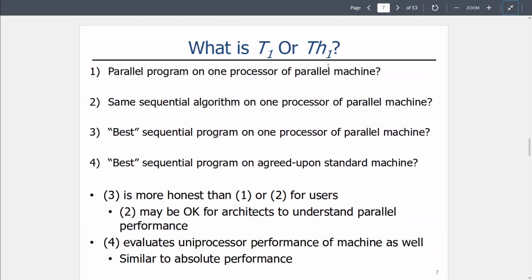So what is our baseline? This is another important thing to think about. When I say I'm running it sequentially, what exactly am I running sequentially? Am I taking the parallel program and just running it on a single core? Does that seem like a fair comparison? I would argue no, that doesn't seem like a fair comparison. Am I taking